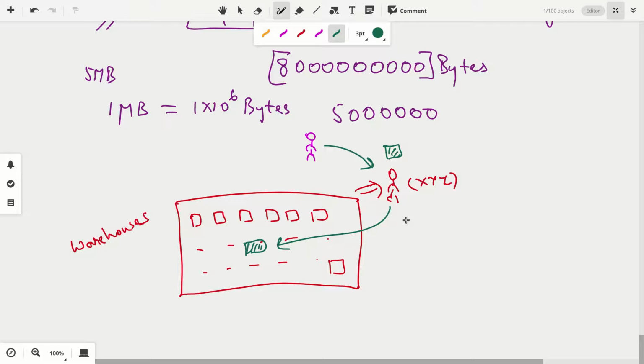Okay, if you are not having the day of your life, it will take no less than, let's say, 1 hour, 2 hours maybe to look for. You will be opening each and every box and looking, is it containing the item, is it containing the item? Because all boxes look the same and you forgot in which box you put the item. So it will be very difficult to look for the item.